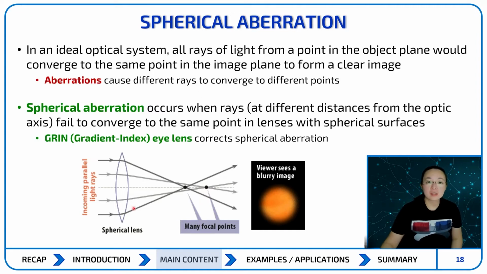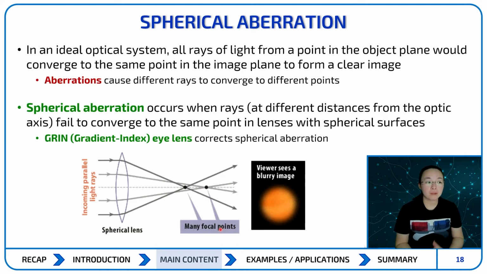So if I take a look at this image here, in an ideal system, all of my points should focus in on one focal point so that one image can form. But in some cases, aberrations or abnormalities can occur that cause the rays to converge at different points. In this case, you would have many focal points and end up with a blurry image because you aren't able to focus